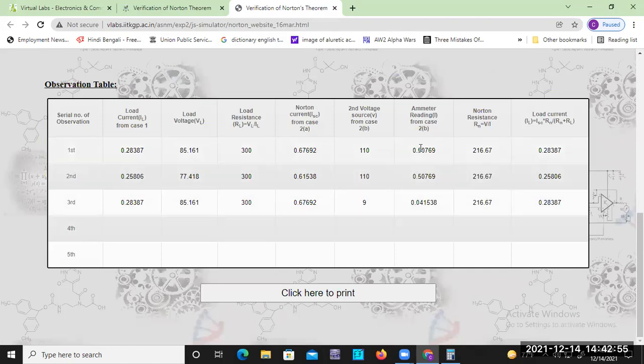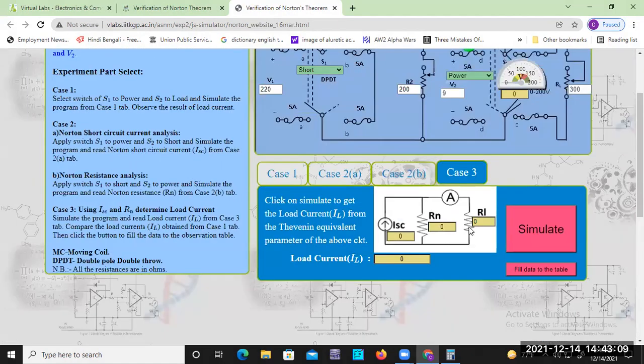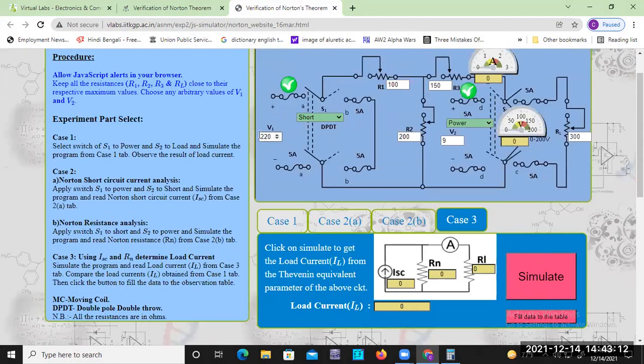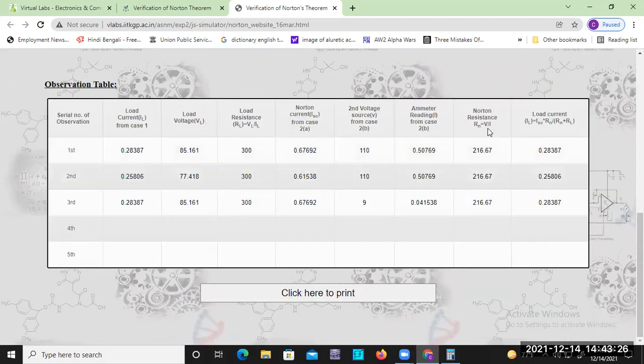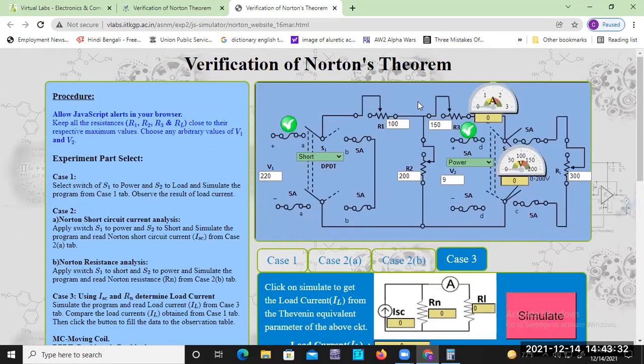Now we have to measure the Rn resistance. Guys, you can see from this data table, we have to examine what changes there are. Look, I changed this voltage source the first time, and the third time. So whatever the voltage source may be, the resistance did not change. Look, this Rn, V by I, is the same in all cases, because in this circuit no resistance was changed. So the equivalent resistance